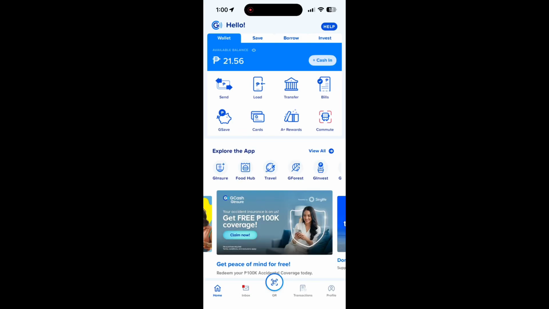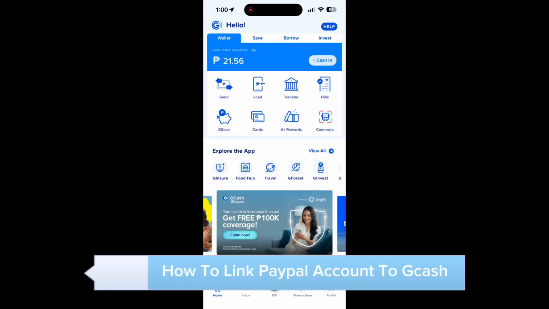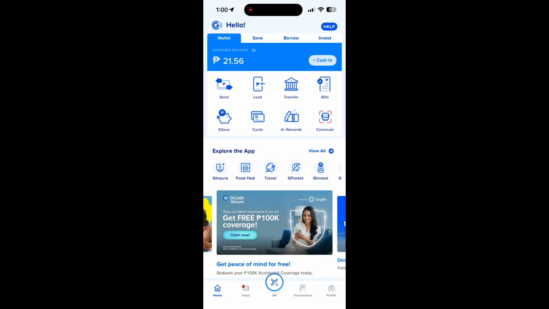In this video, you will learn how I can link a PayPal account to GCash. So first, you just have to log into your GCash account. And of course, you have to make sure that your PayPal account is fully verified, as well as your GCash account. Okay, so once you have opened the GCash application and logged into your account, then you just have